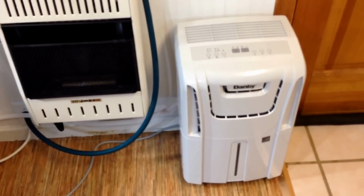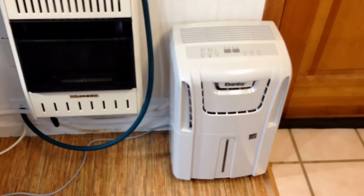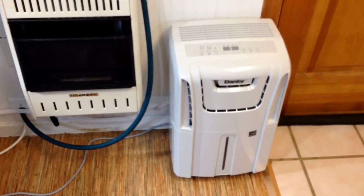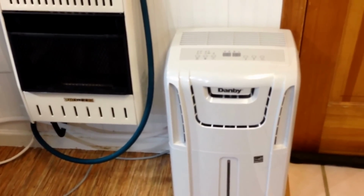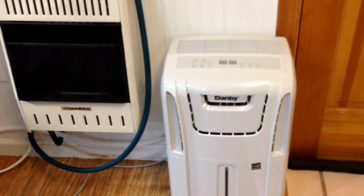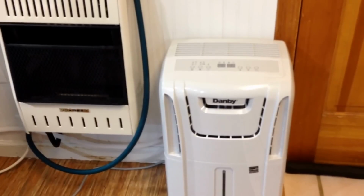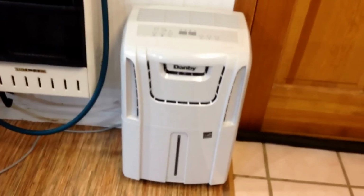Our other Danby dehumidifier we bought late last spring, early summer. Pretty much shut off sometime in November when it got cold up here, and was off for 3.5 months. Coming up a couple weeks ago, Chicagoland area, we got up in the 60s and the 70s for one day, and humidity shot up down here in the fish room from 45% up to 70-75%. Our other dehumidifier fired up, didn't do anything, didn't have any water draining out of it. This wasn't working. So I called Danby, told them what's going on, and